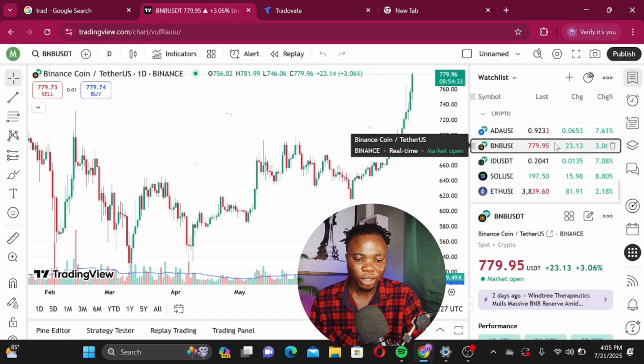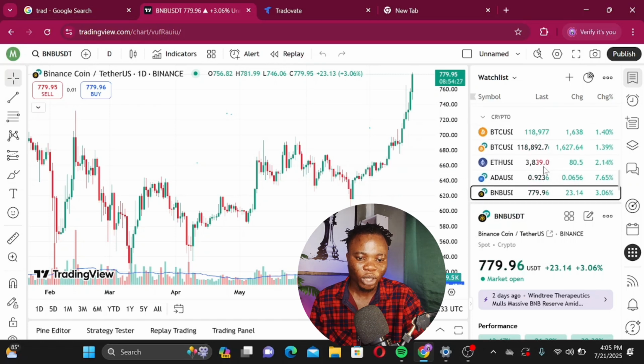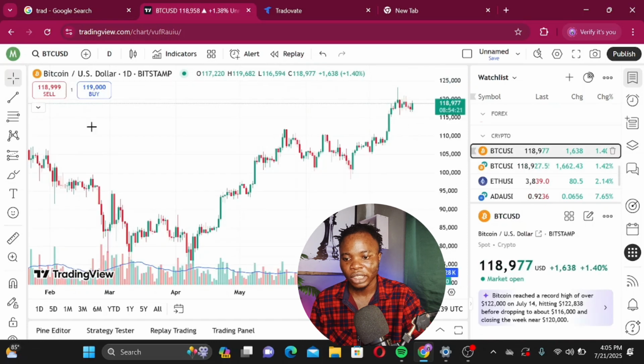You can actually come here, to the one we want to trade, anytime and click on it. So we'll be using Bitcoin to USDT today. So you just come here and click on it. If you click on it, you see automatically the chart of Bitcoin to USDT shows here. You can see Bitcoin slash USDT.